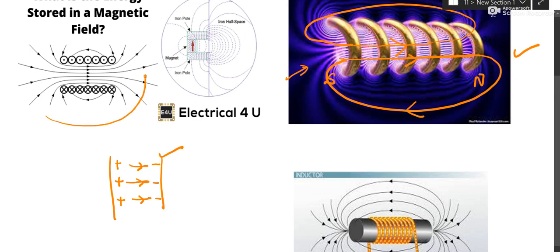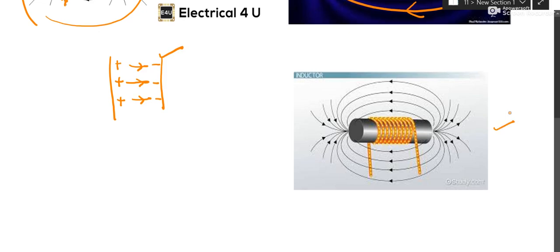So this is the cross-sectional view of a solenoid. You should be familiar with this also. Dot means the turns are coming out of the plane of the screen, and cross means the turns are going into the plane. So here also you can see. One of the diagrams you will have to draw for this.